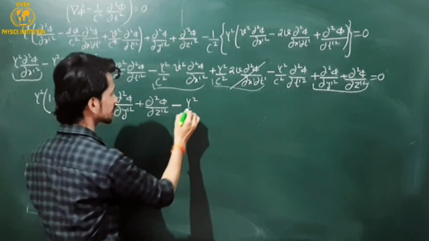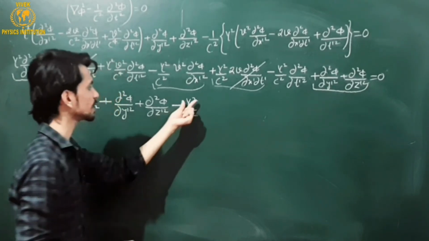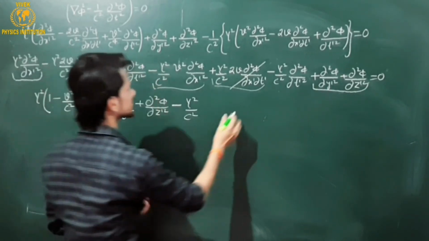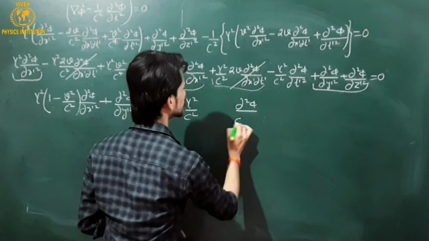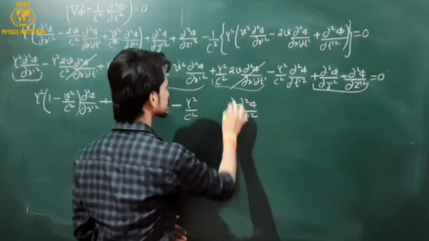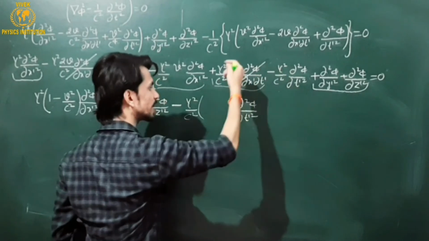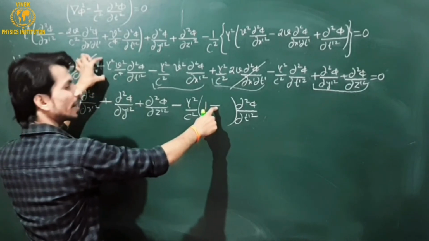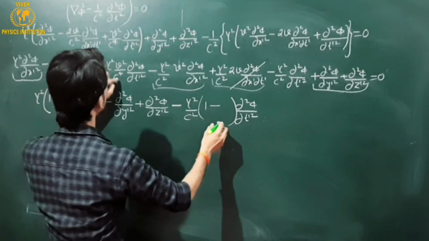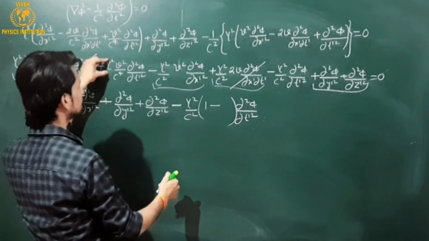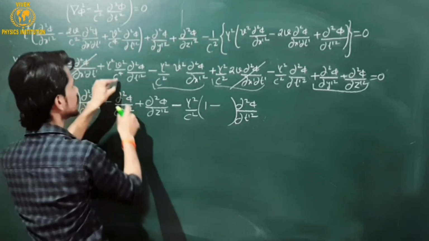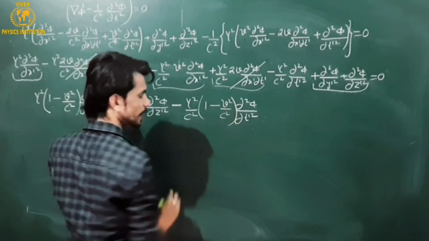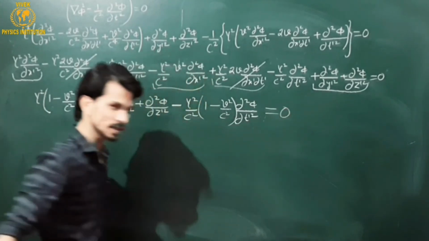Just remember the minus negative nature. This is gamma square over c square. Negative gamma square over c square is taken as common, and also del square phi over del t dash square is common. Rest is from here; this is plus because negative has been taken as common. This is one of plus and minus, because there is no minus here, that will be negative. Only 1 upon, because gamma square over c square is taken as common, 2 power in the denominator will be there. Rest will be b square over c square, and the complete factor is going to equal 0.